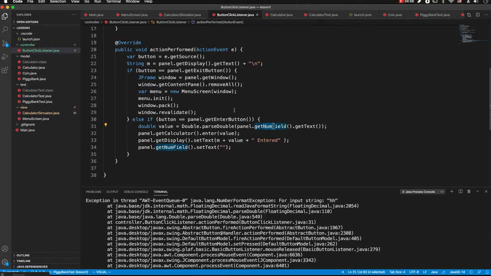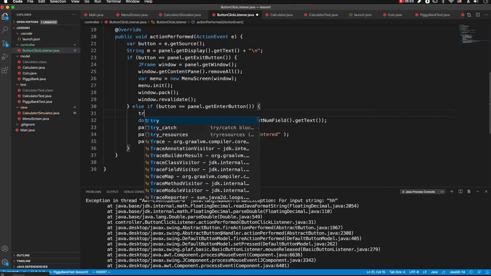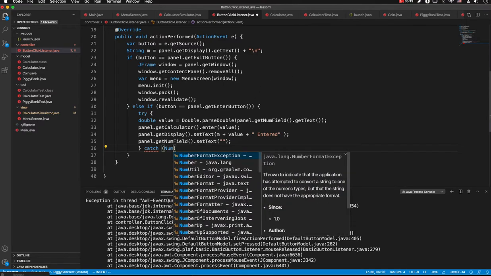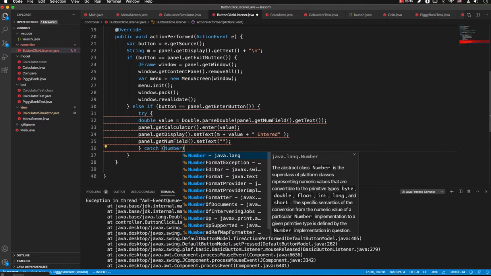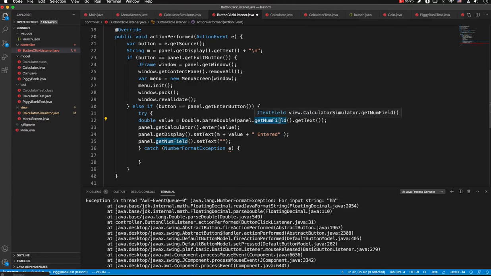So on the button click, what you do is we just set up try catch. So try this operation and catch if any error occurs. So parse double may throw a number format exception. If that exception is thrown, that means whatever you got from the number field is not a correct number. So let's